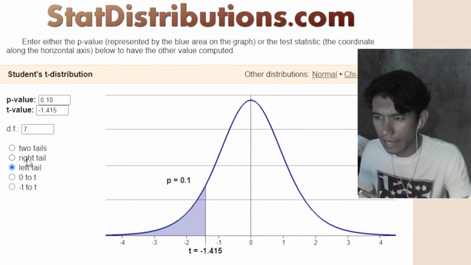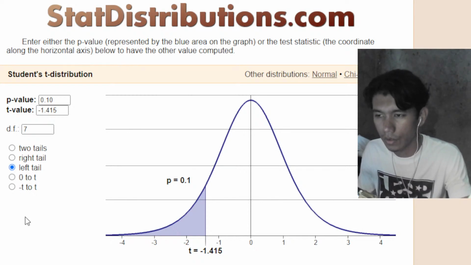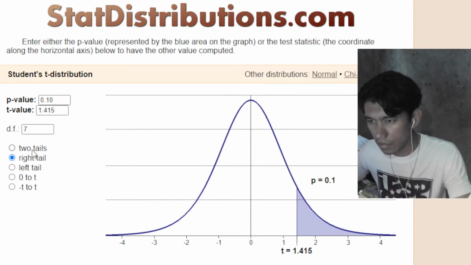So these options, such as right tail and left tail, pertain to the one tail in our t table. The difference is that left-tailed values are negative, and right-tailed values are positive. So let's just use the two tails first. If we're going to use two tails,